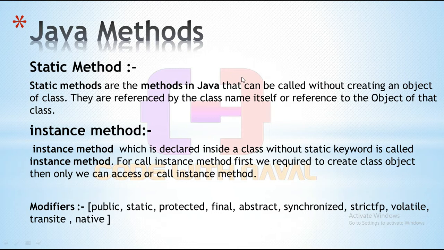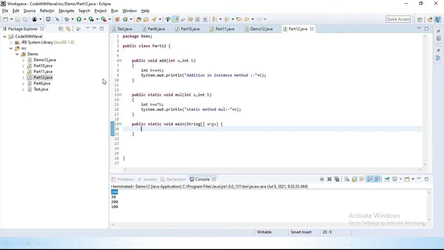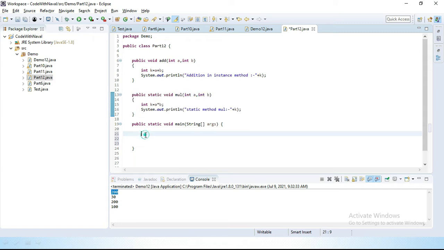Now as we know, we can directly call a static method without creating an object. So let's try to call this static method without creating an object.